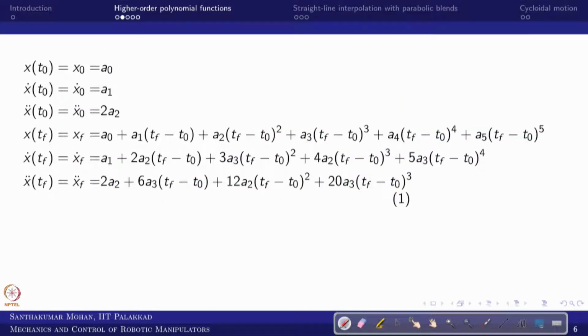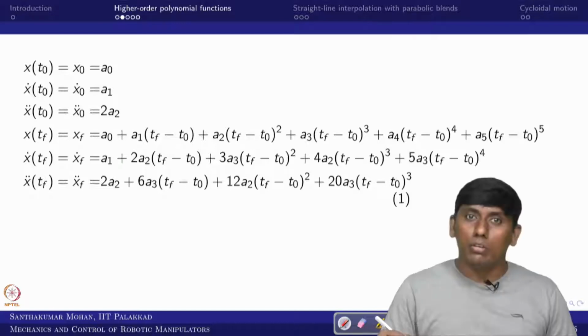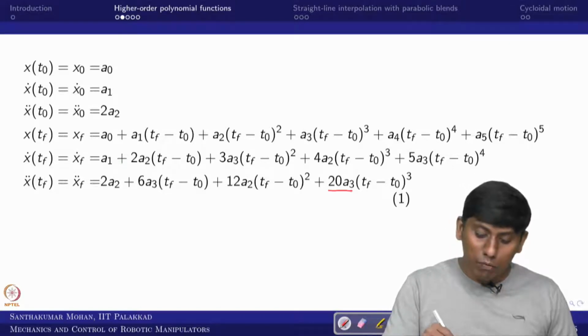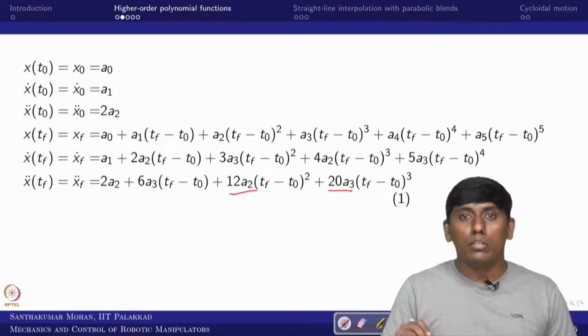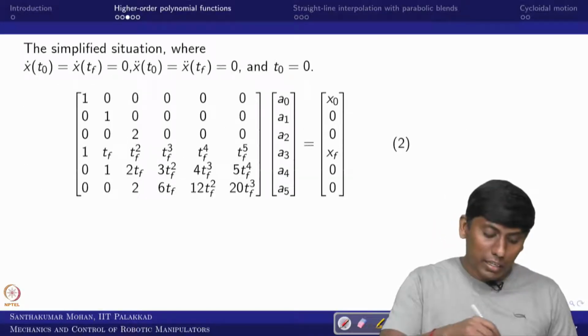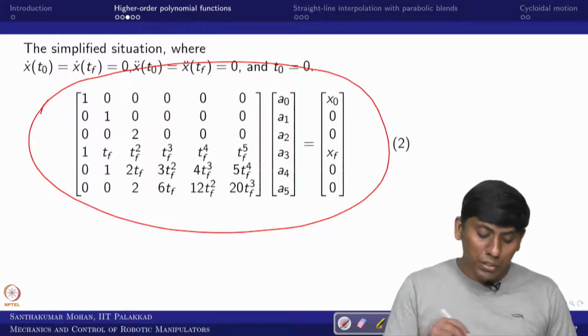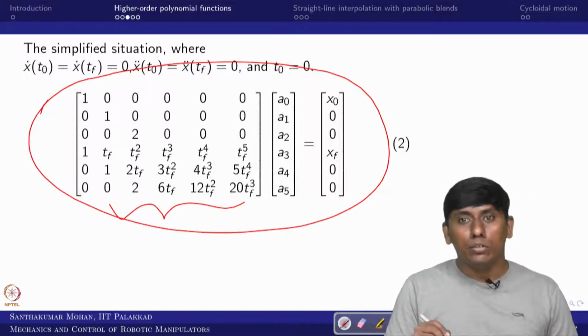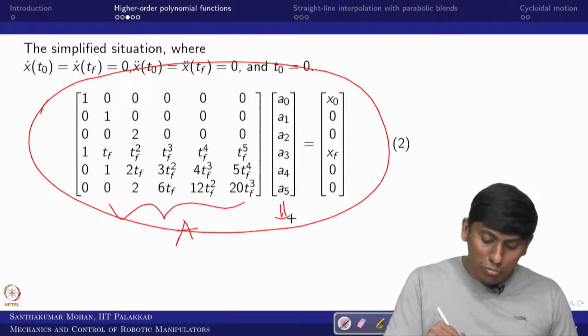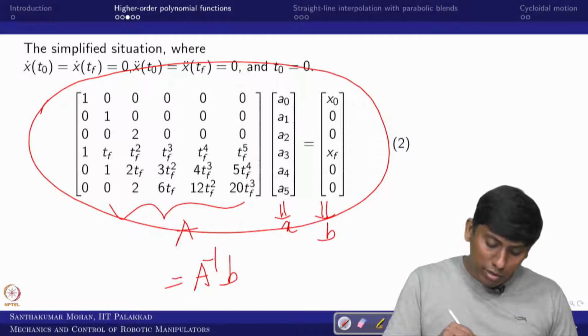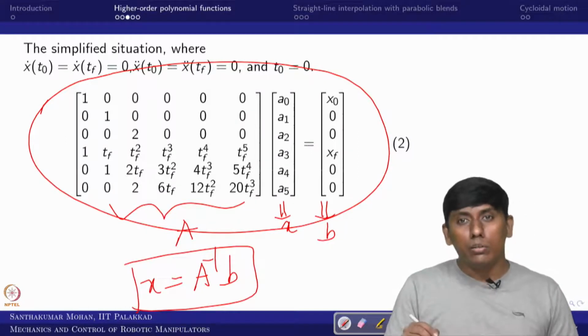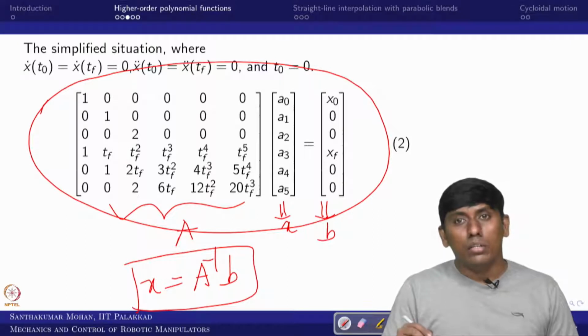Whatever we did in the earlier case, we can first write the 6 equations that are possible. These are the 6 equations, and in them you can see the coefficients, which you can take out. For example, this is the way we can write it in a state space form, or simply Ax equal to b form, where this A is invertible. I call this capital A, this small x, and this small b. So I can write A inverse of b is the x vector, and then I can do further computations.